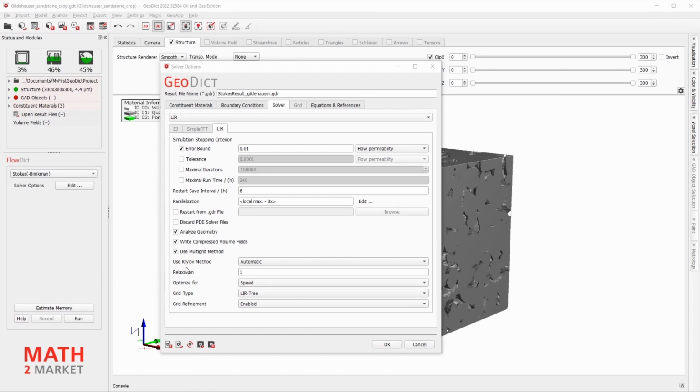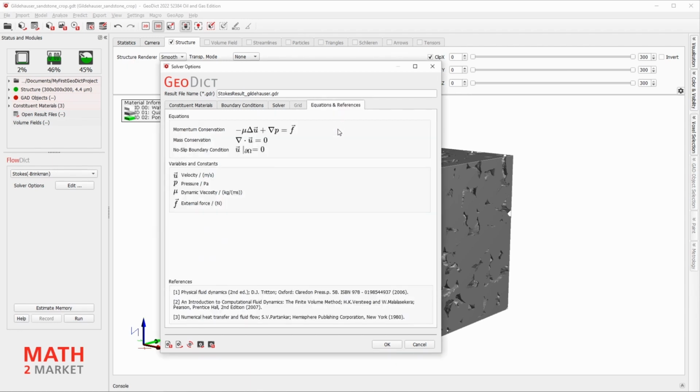You may also leave the other speedup settings on default. To look up which equations and references GeoDict uses, just have a look at the Equations and References tab and the citation of the references.